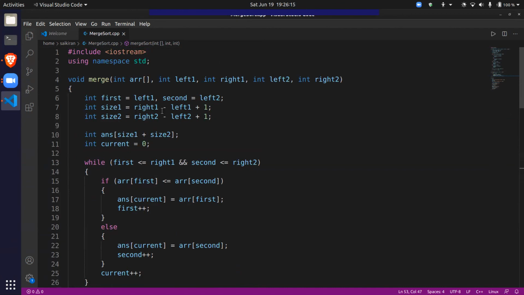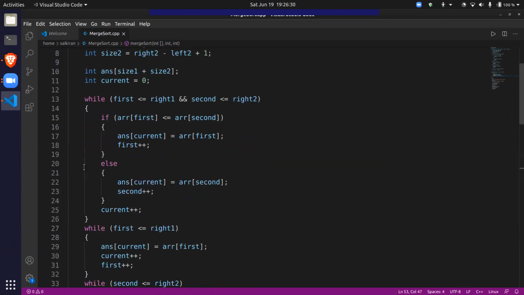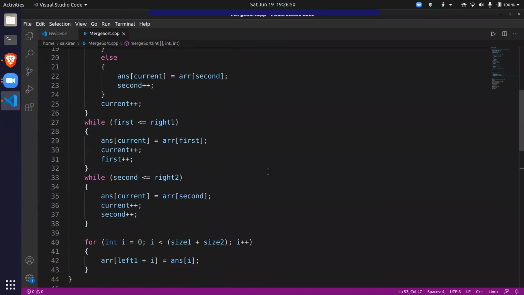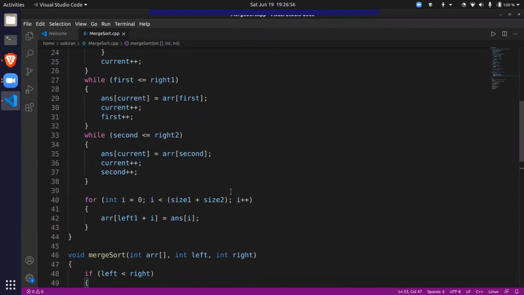Right 1 minus left 1 plus 1, right 2 minus left 2 plus 1. Size 1 plus size 2. This is correct. Current starts here.